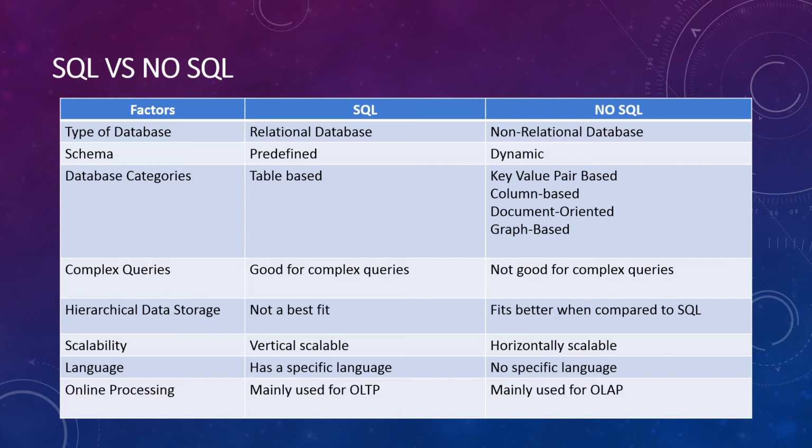So if we have 10 tables, then those 10 tables can have around 2 to 3 columns, or you can say more than that in each table, and all these 10 tables can be related to each other. So coming to NoSQL, NoSQL is a non-relational database which provides a mechanism for storage and retrieval of data. Data is modeled in the form of collections and hence it tries to avoid relations. So SQL is a relational database and NoSQL is a non-relational or distributed database.